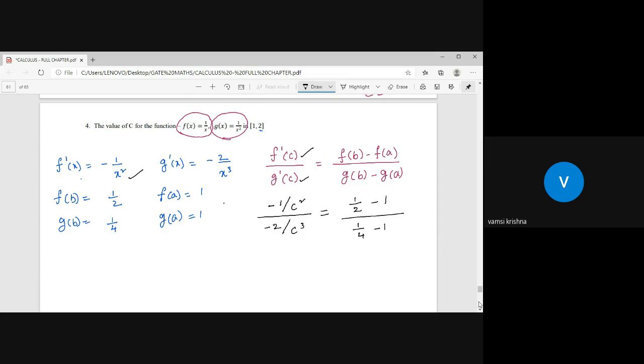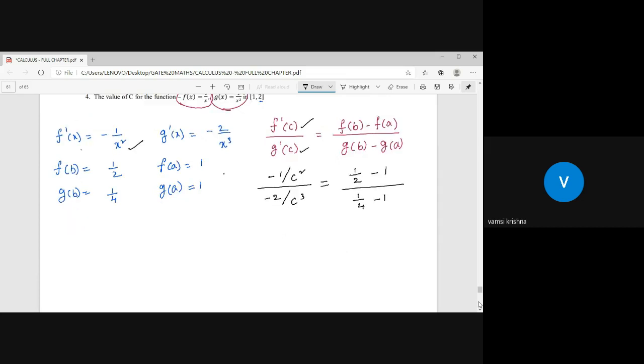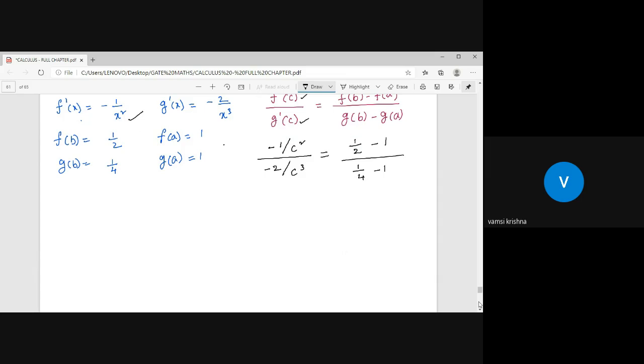So this is the step we got. Next step: minus divided by minus becomes plus, and c square and c cube cancel, and finally you will get